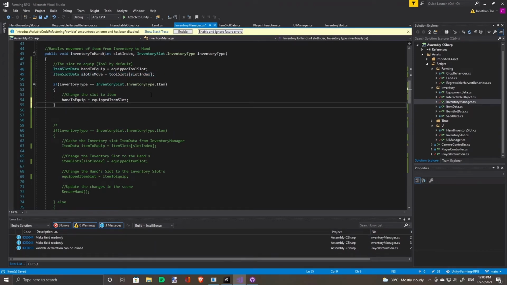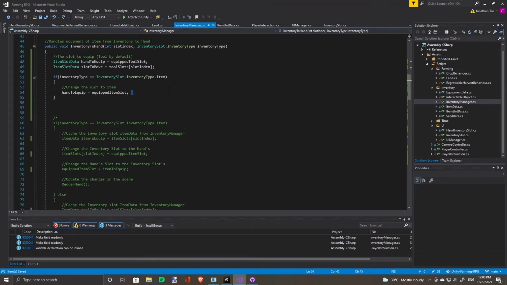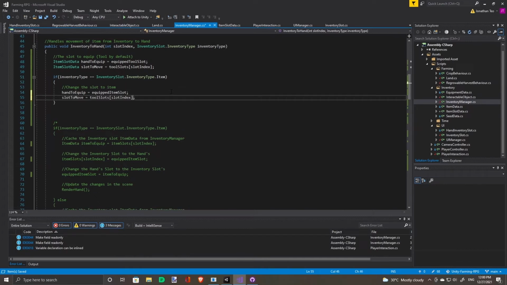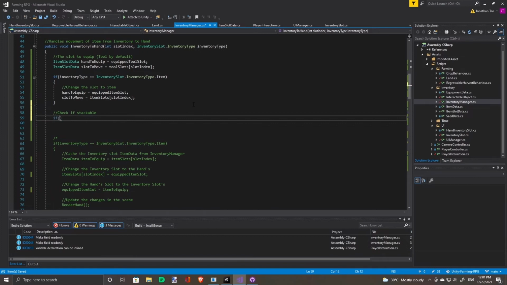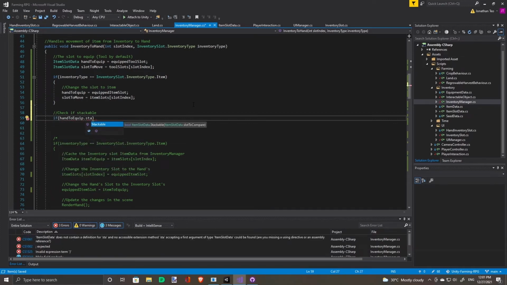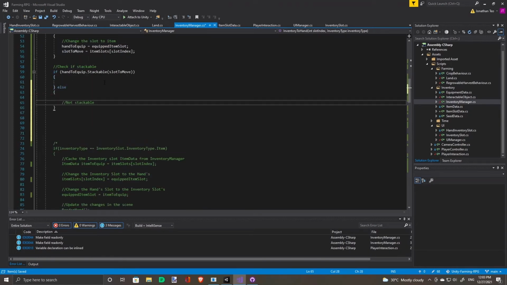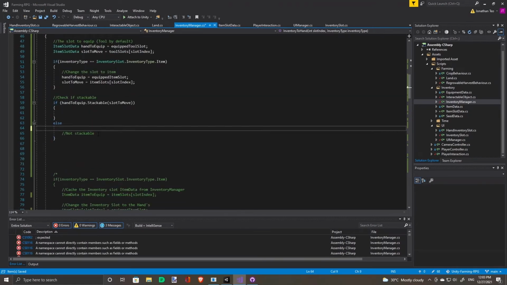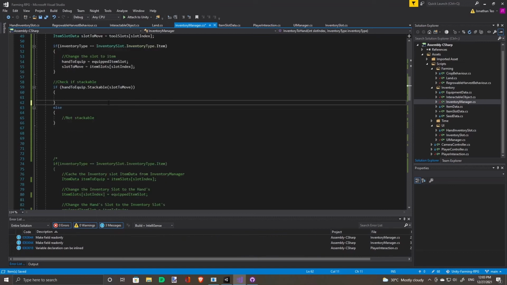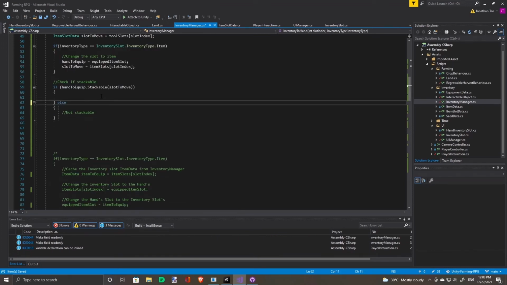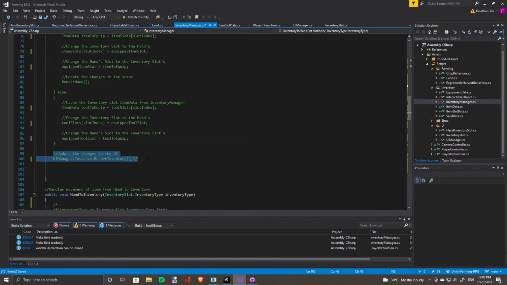The logic is basically the same with the hand slot, so if it belongs to the item inventory type, we will take the slot index from the item slot. After we figure out which slots to work with, we need to check if they are stackable. And after everything is processed, don't forget to render the changes, render inventory.